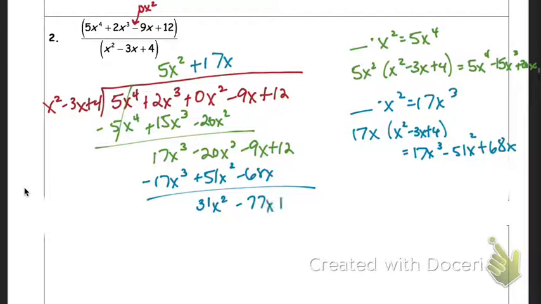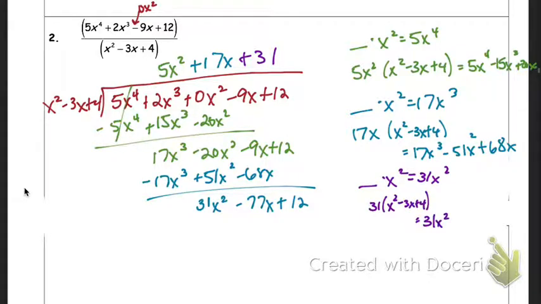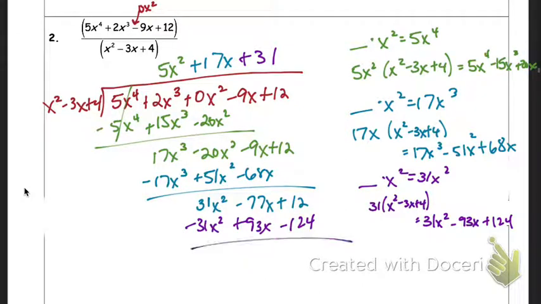minus 77x plus 12. And then the last one, what times x squared gives me 31x squared, and that's going to be 31. So I get 31x squared minus 93x plus 124. So negative 31x squared plus 93x minus 124. And that gives me a remainder of 16x